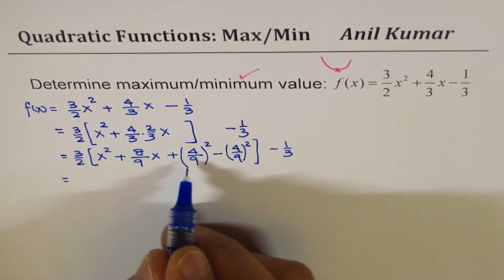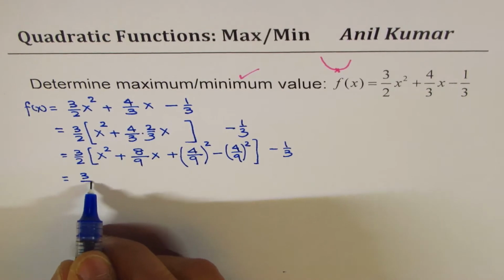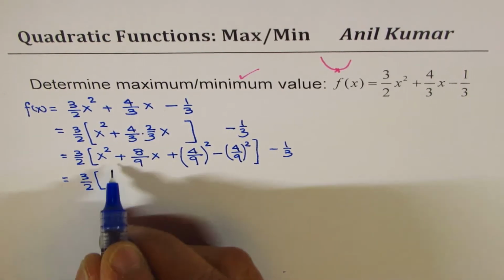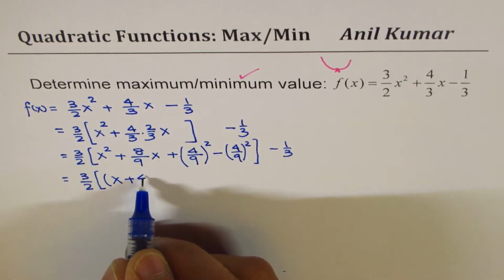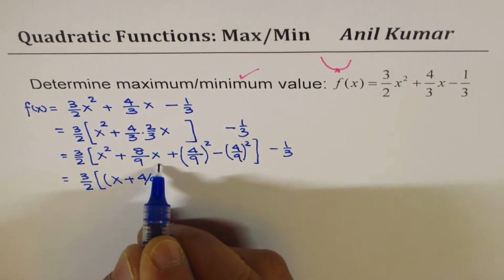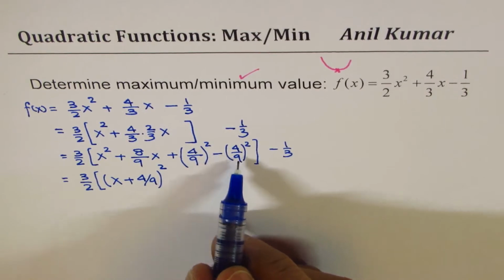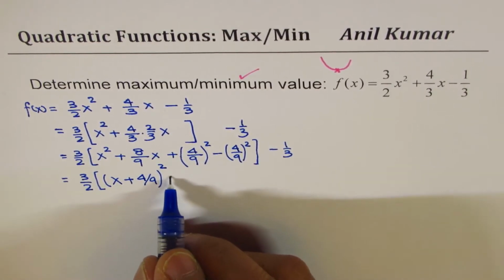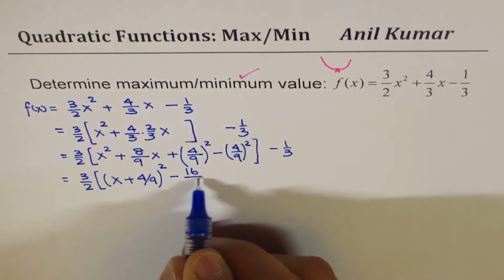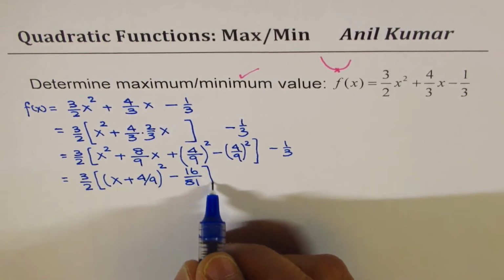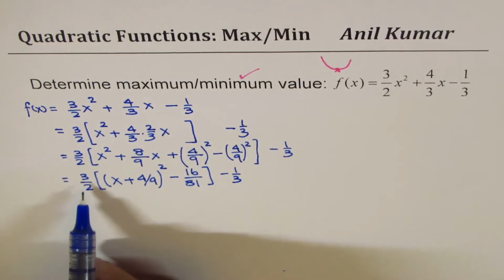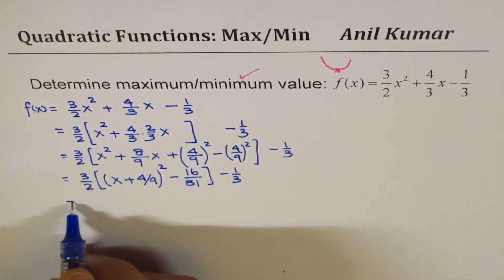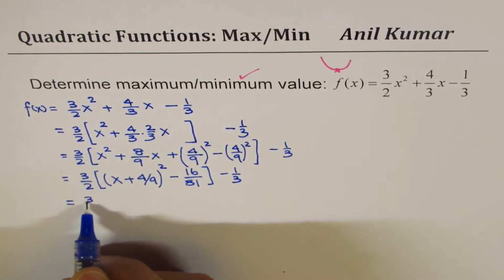Now these three terms form a perfect square, correct? So we could write this as x, positive sign from here, 4 over 9. Let me write like this, whole square. Square of 4 over 9 is negative sign, 16 over 81. And we have minus 1 over 3. Let us now open the bracket. So once you open the bracket, you get 3 over 2 times